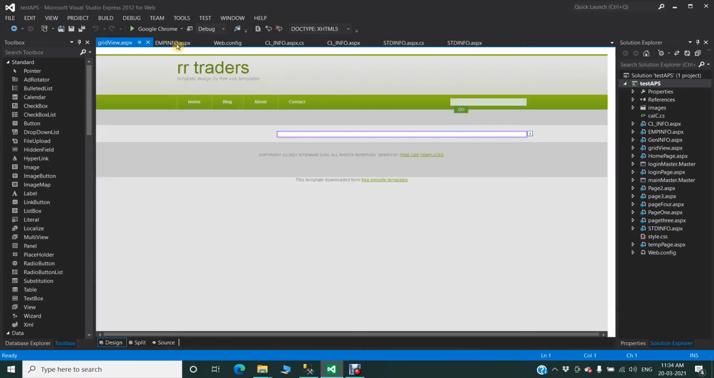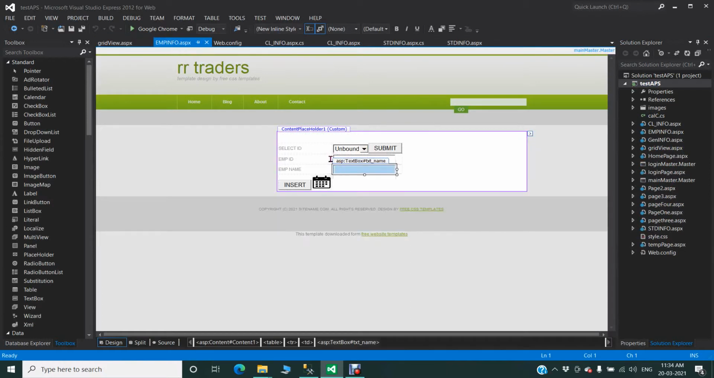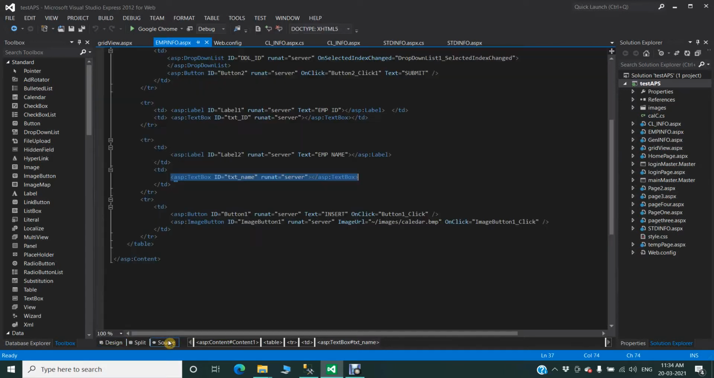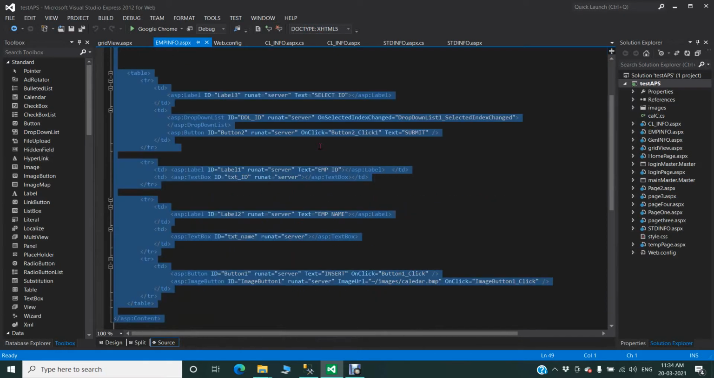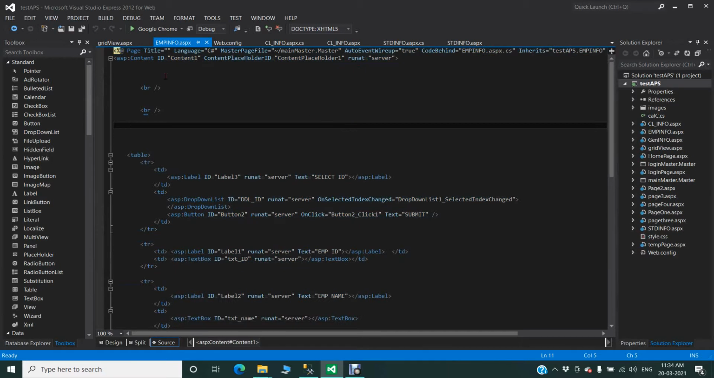So I want exactly the same design from the EMP info, so I need to copy paste it. So how to copy paste? Click source. When you're copy pasting, make sure you don't copy the full content. Make sure the first line you're not copying it. The reason is, you can see here